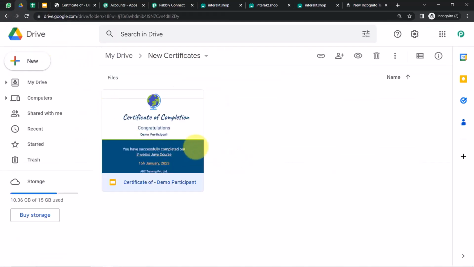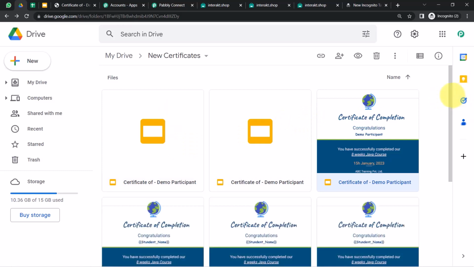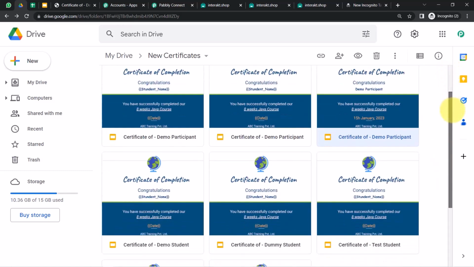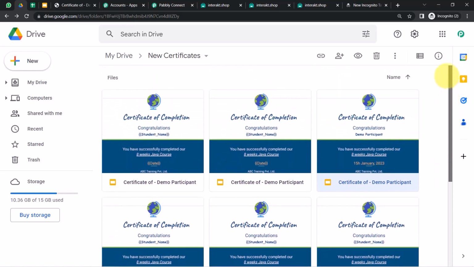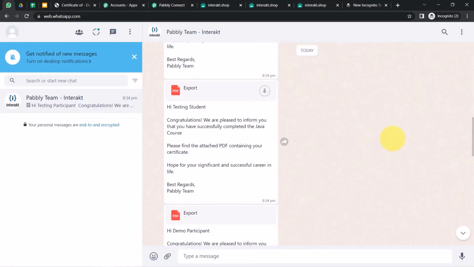Let me even show you that currently I have the single certificate in my Google Drive folder, but within a few seconds, the certificates have been created right in front of you. So this is how you can entirely automate your certificate creation process. And if I go back to my WhatsApp Web, you will be able to see that all of these certificates have been received